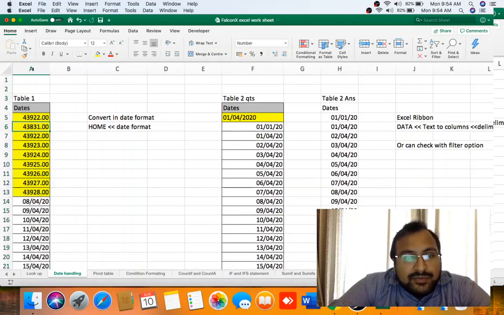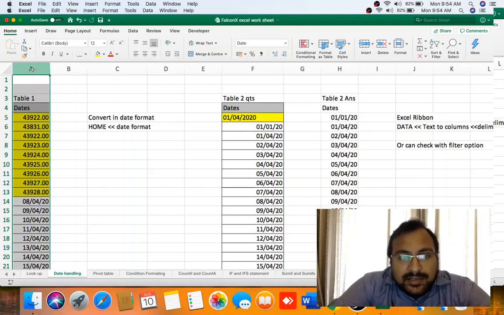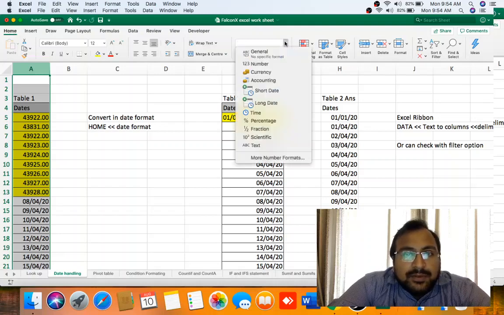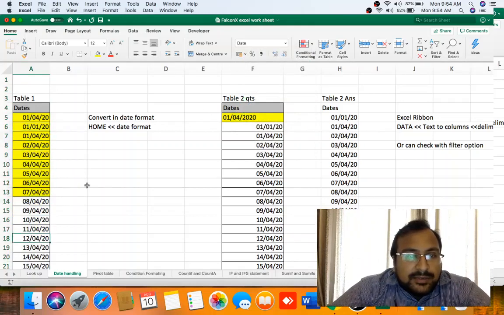You have to select the complete column where data is there. After this, go under the tab Home. From there, you can select short date or long date as per your requirement. As you can see, numbers got converted into dates. This was the easy method of converting numbers into date.